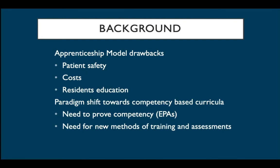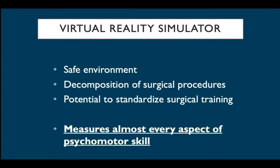So the idea was all of that. There was this shift happening. We wanted to see if we couldn't find new methods of training and assessment of residents that would be safer, less costly, and would provide better resident education. And we thought it was a perfect time to look at new things because of that paradigm shift that was occurring. So the one thing that you guys all know we have in the lab, in the NeuroSim lab, is